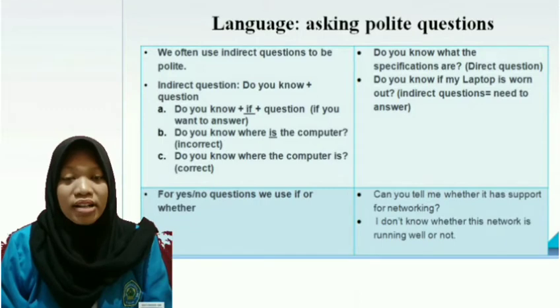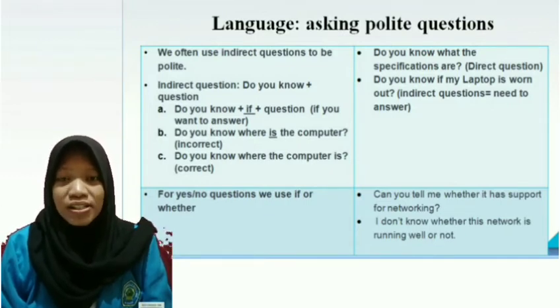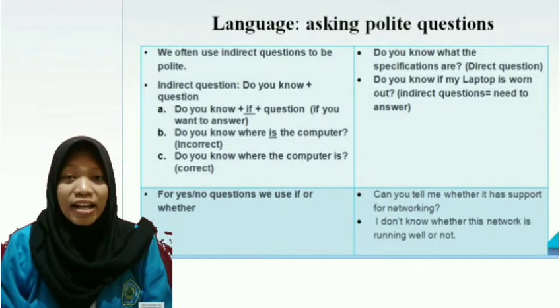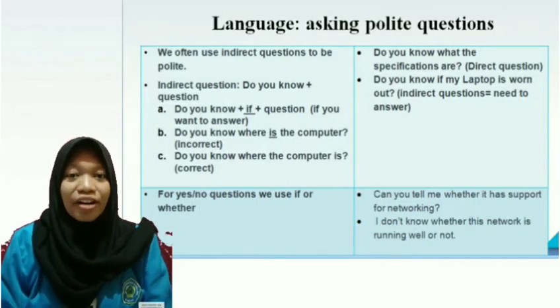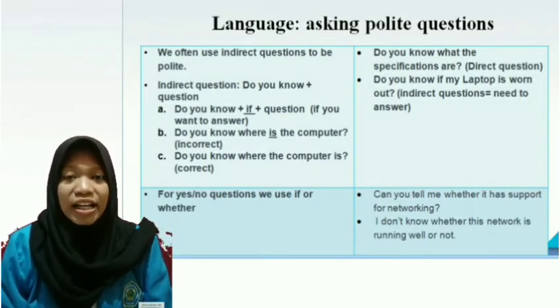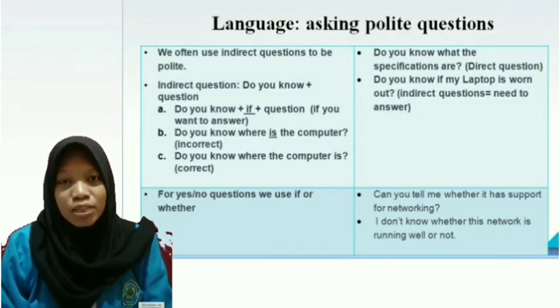When asking someone, there are two kinds of questions: the first, direct questions, and the last, indirect questions, which need an answer. We often ask indirect questions to be polite. For example, do you know what the specifications are?